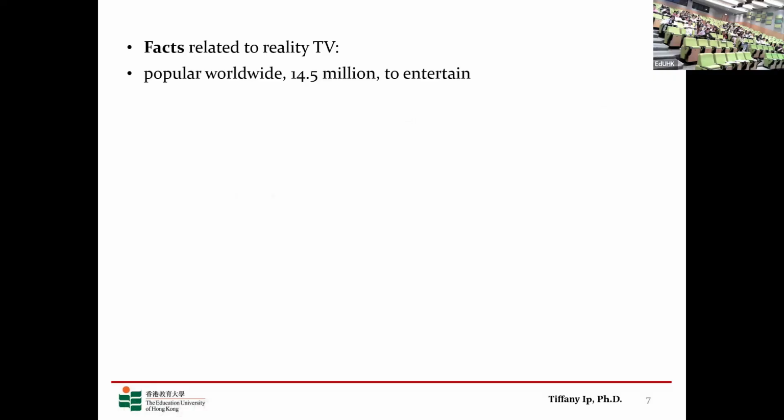Normally, when we talk about something neutral, in an argumentative essay, since they would give comments and their arguments in the body paragraphs, you can find the facts mainly in the introduction. And so when they give out the background information, when they try to discuss the phenomenon. So that is why you can identify phrases like "popular worldwide," like "one," and then "14.5 million." It's like the audience size, right? And that is neutral, it's a fact. And then a phrase "to entertain."